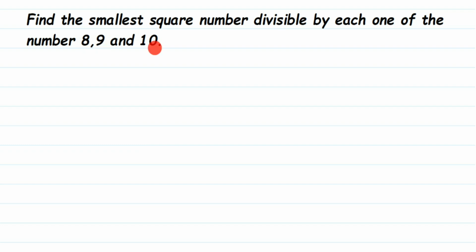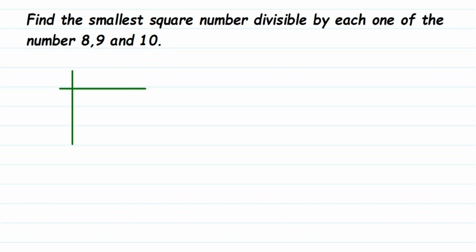So in general, when we have to find out the smallest number which is divisible by these 3 numbers, or 2 numbers, like in this question they have given 3 numbers, we have to find out the least common multiple, that is the LCM, for these 3 numbers. So first we're going to find out that number which is divisible by these 3 numbers, that is we're going to find out the LCM of 8, 9 and 10. So LCM of 8, 9 and 10 will be,